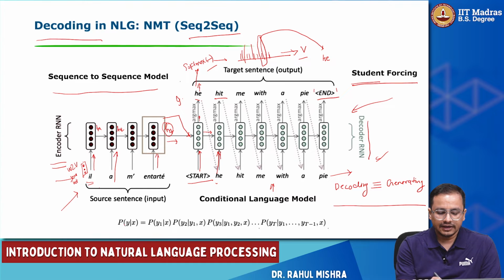So let's say, given the sequence X, let's say this whole sentence is X, and we need to generate a translation Y. And how do we compute this probability? Given X, given all these as this hidden state H4, we need to generate the first word, and we have generated "he". Then what is the probability of Y2, which is "hit", given Y1 is already generated and also X was